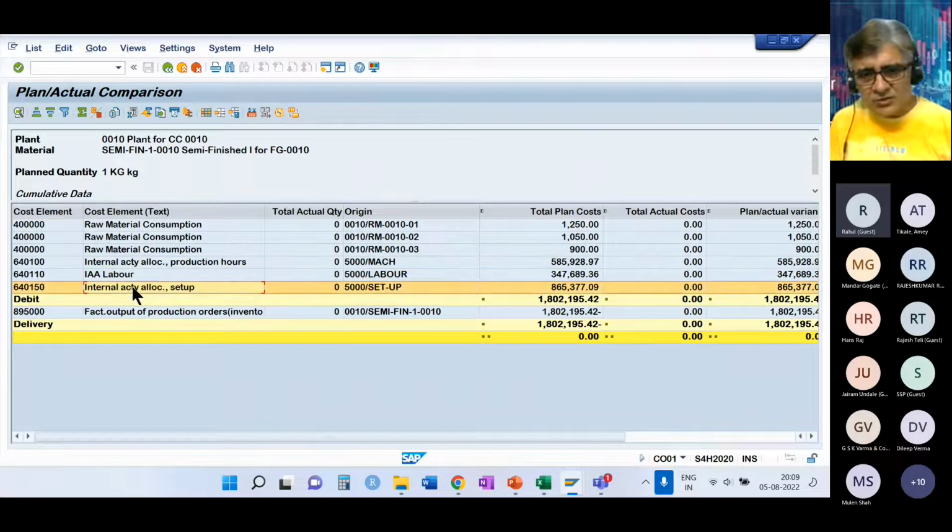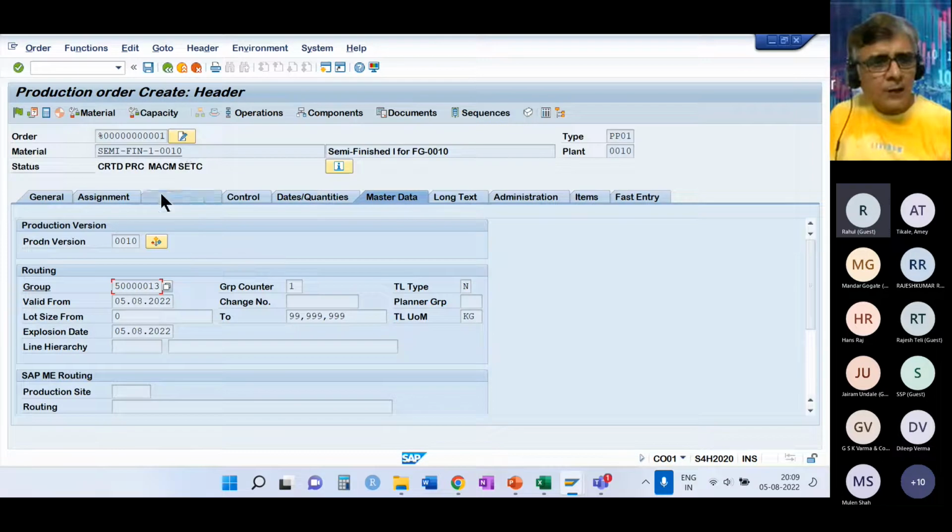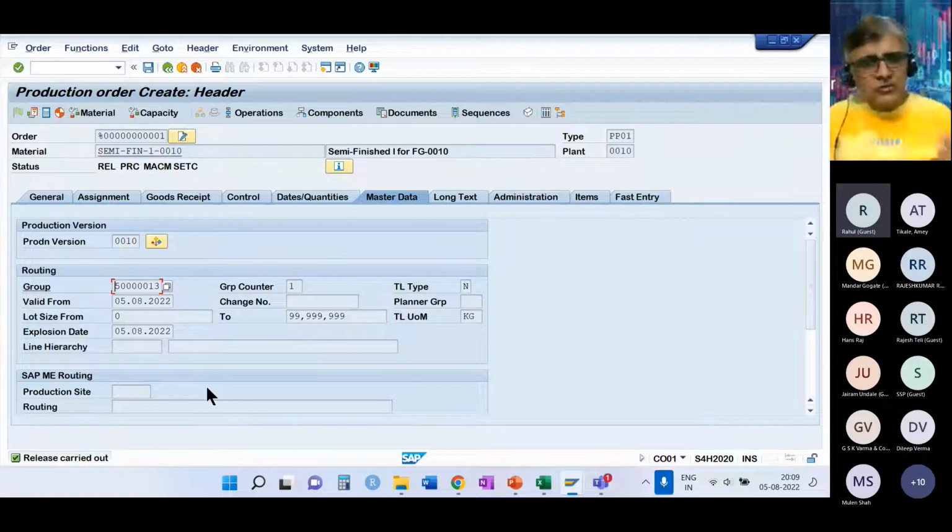These are the activity cost, the total cost. Right now, this is zero because at the planning level, we don't have any variance. When we do the actual, then we will have this actual cost captured here. Okay, so we have seen the cost, and now I'll release this. Once I release, then this production order can be used for many downstream processes.